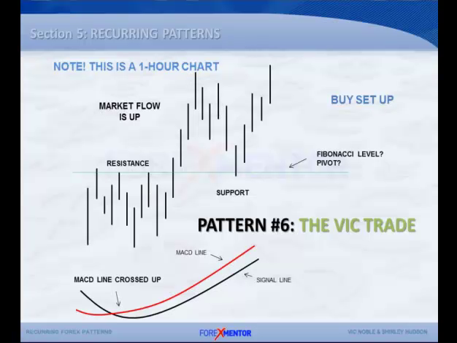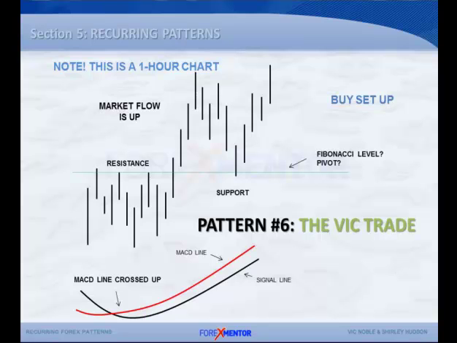So this is an illustration of what a VIX trade buy setup should look like. And remember, this is a 1 hour chart. We have the market flow up here, and we have the MACD crossed above the signal line. If you're not sure which is which on your charts, the MACD line is the faster moving line, and I've colored it red on this chart, and the signal line is the smoother, slower moving line, which I've colored black. Once we have these conditions, and preferably we have not exceeded the 5-day average daily range,